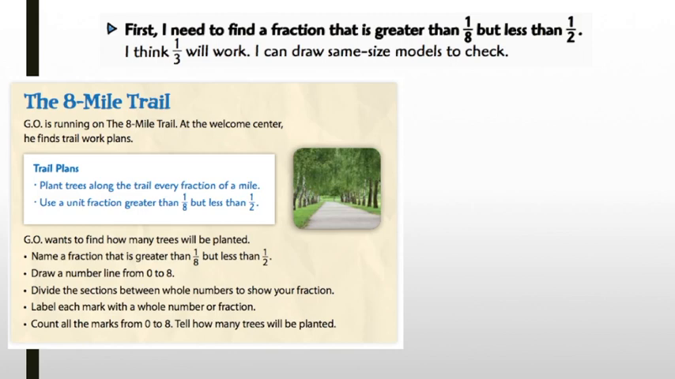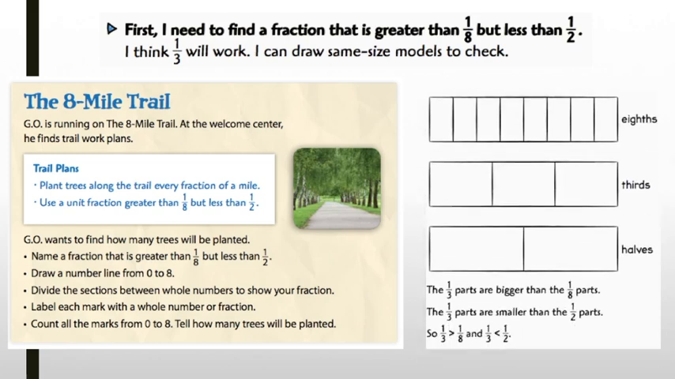So first, he needed to find a fraction that was greater than 1/8 but less than 1/2. So when I think to myself, how can I do this? When I think back to what we just talked about with key skills, I can draw a model to help me find a fraction that's greater than 1/8 but less than 1/2. And that's exactly what he did. He drew eighths and he drew his halves. And he knows that he needs a fraction that is greater than 1/8. And remember what we talked about. The more you divide up, the smaller your pieces are. So if we're going to want a piece greater than 1/8, we're going to want to try and divide it up into